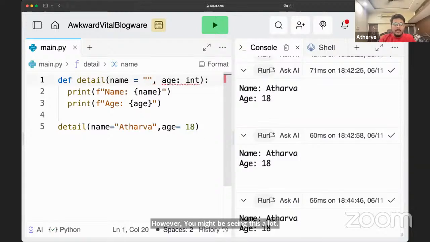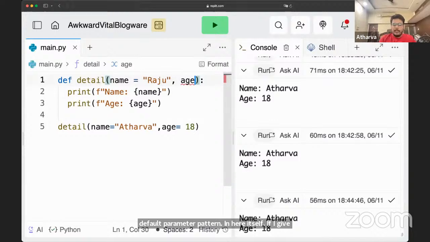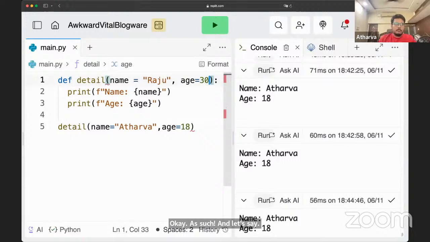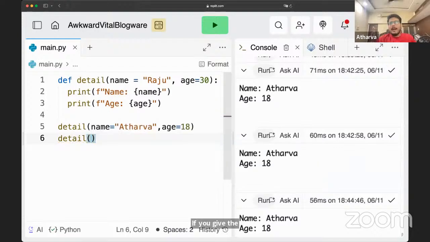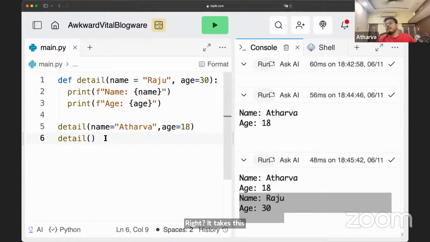In here itself, if I give default values as such, and you are not passing in any arguments, it takes this default value, right?